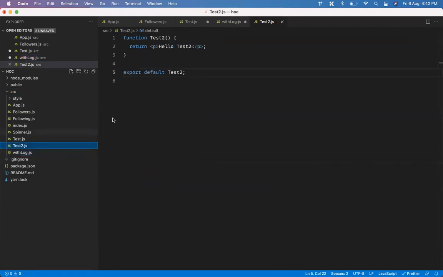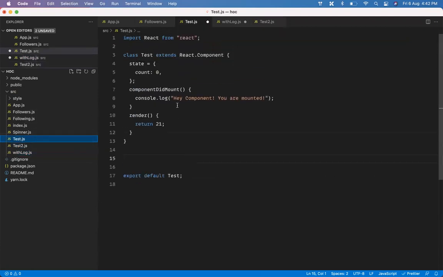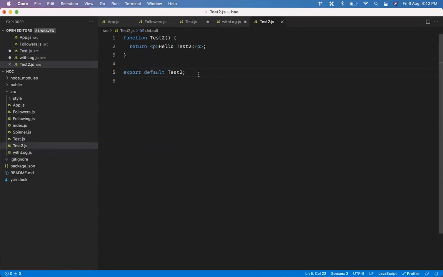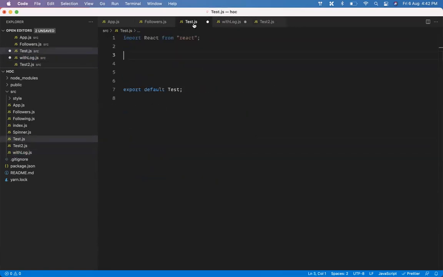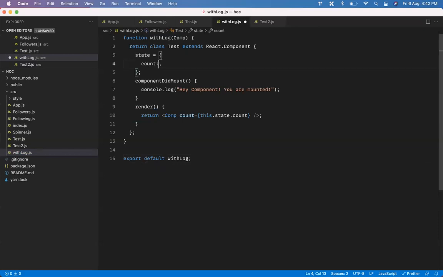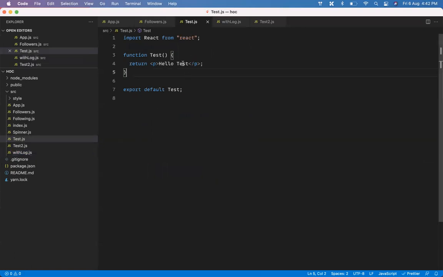And I'm going to import that in test1 first. So here I'm going to import it. Similar to test2, it is also going to have a component in test. I'll call it test, hello test, and here it is hello test2. So I am importing it, but I want this component to have access to the state. And state has what? How much value it is. So let's make it a value like 9999, so we can understand it better.